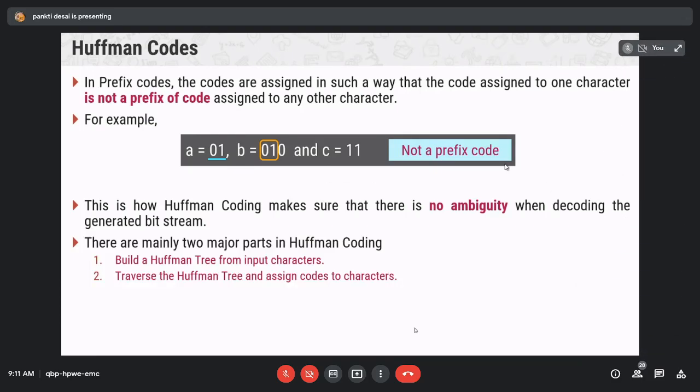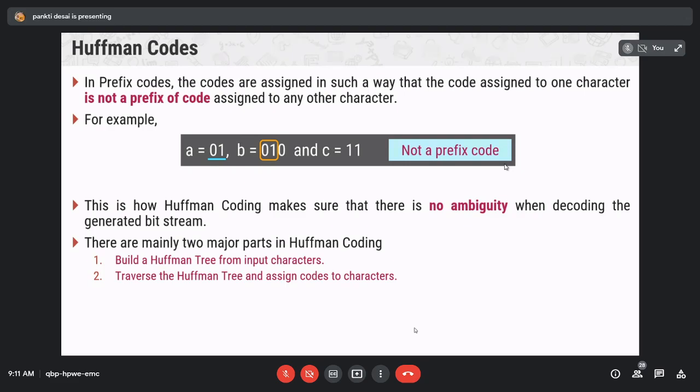Now in Huffman tree, a specific method of representing each symbol is there. This method produces a code in such a manner that no code word is a prefix of some other code word. Such codes are called prefix codes or prefix free codes. Thus this method is useful for obtaining optimal data compression.